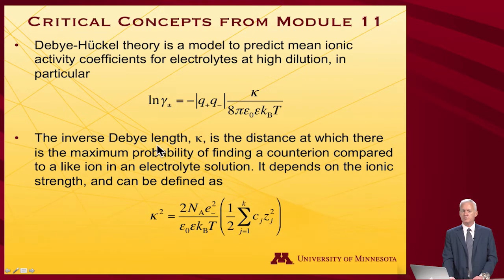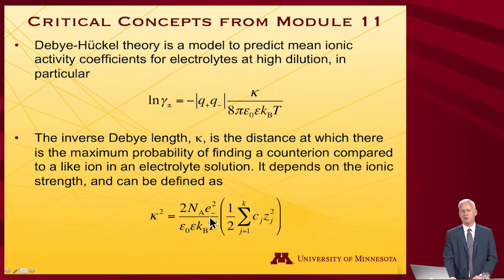It involves the inverse Debye length, kappa, which is the distance where there's the maximum probability of finding a counter ion, that is an ion of opposite charge, compared to a like ion in a given electrolyte solution. So kappa depends on the ionic strength, which is shown here in parentheses, and the full definition here involves Avogadro's